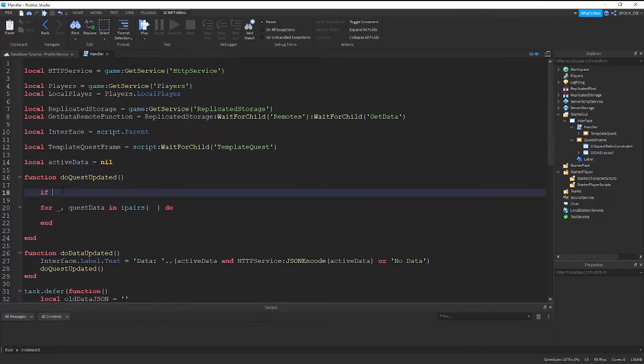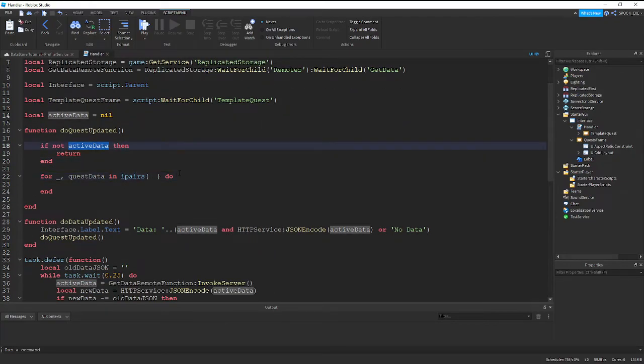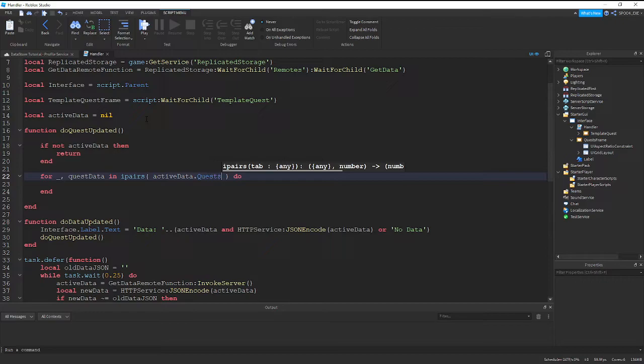I actually do want to do an if statement here. So if not active quest data, return. So if there's no player data, just return. Don't do anything. Otherwise, if there is active data, do active data.quests, do